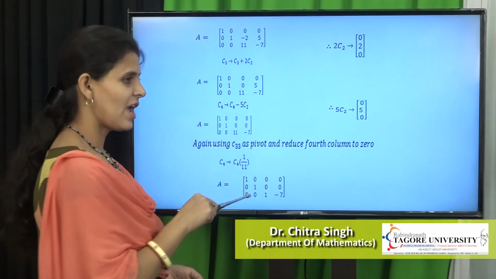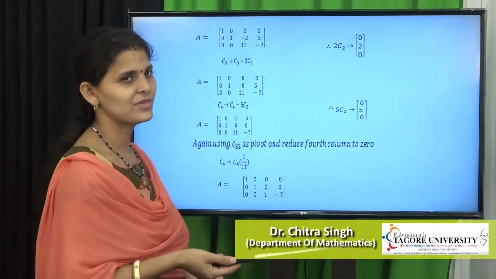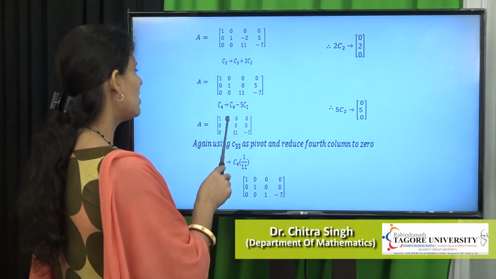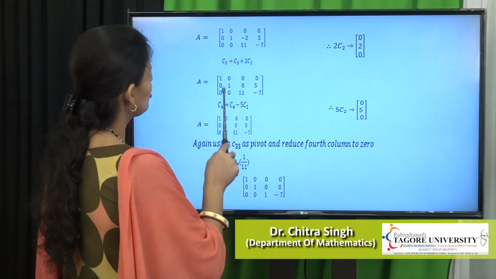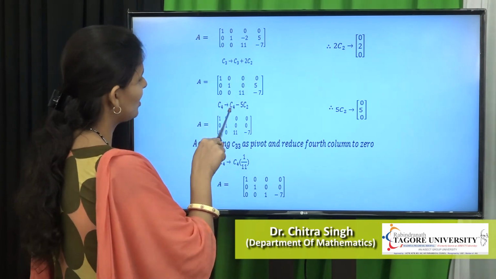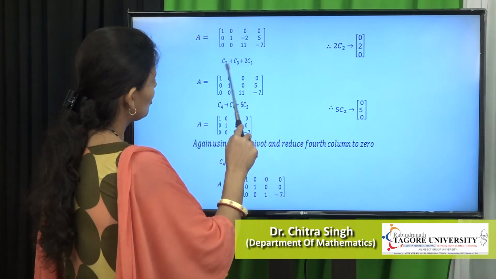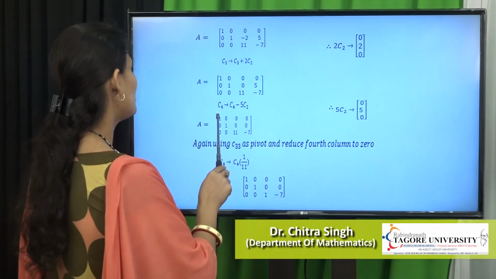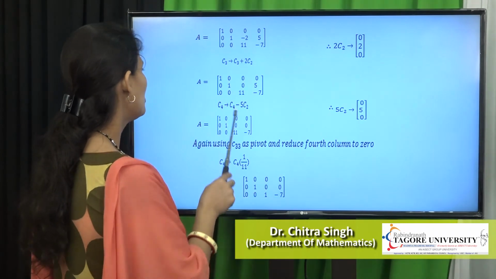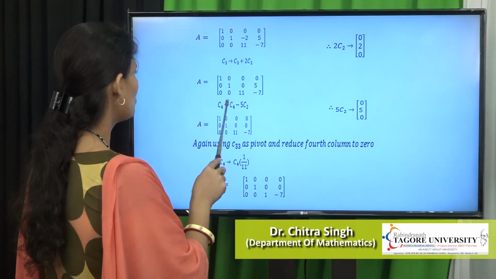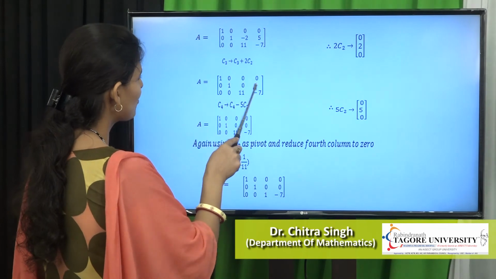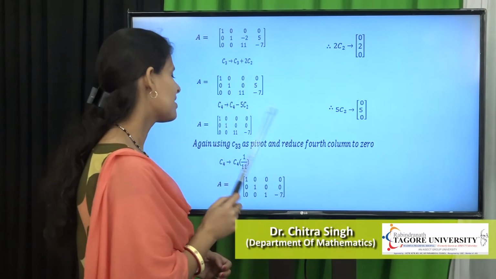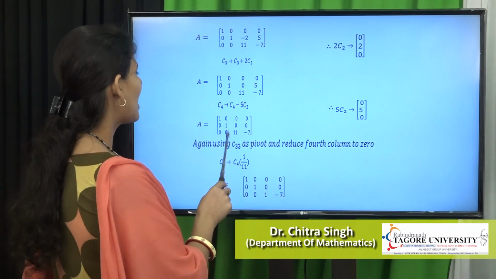Then you add appropriate multipliers, subtract and add, and make the following row and column 0. So C4 minus 5C2: you multiply 5 by column C2. So 5C2 column is 1 multiplied by 5, 0 multiplied by 0. So C4 tends to C4 minus 5C2: 1, 0, 0, 0, 0, 0, 1, 0, and 5 minus 5 you also get 0. Only the third row's two elements are left, 11 and minus 7.